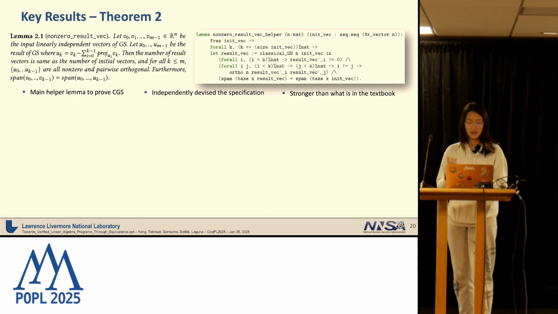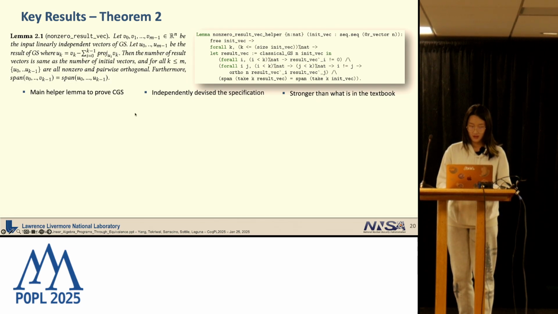And we conclude three things. First is that all the u's, all the result vectors are non-zero, that's the first one, and they are pairwise orthogonal, that's the second one. And furthermore, the third one is that all the v's span the same space as all the u's. This almost comes directly from the definition of Gram-Schmidt in classical math textbooks. I added the result of all of them being non-zero as an additional conclusion to help me reason about this